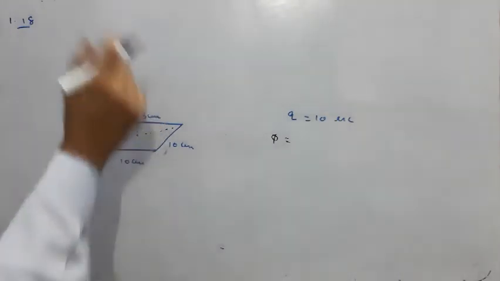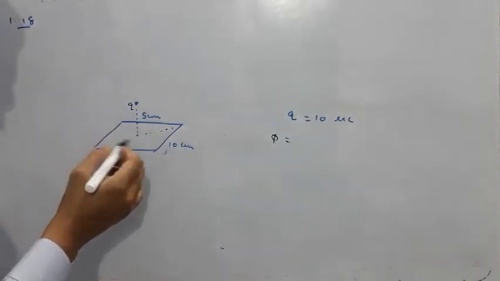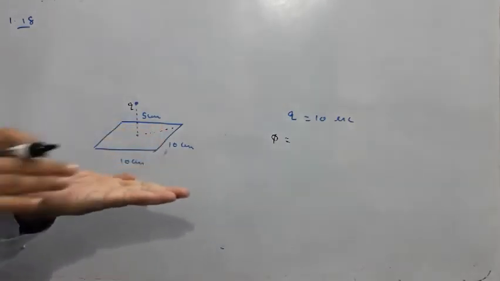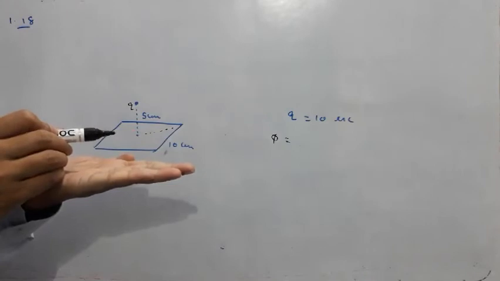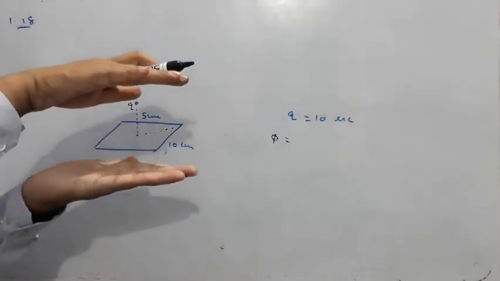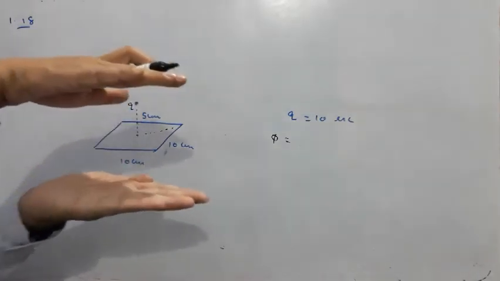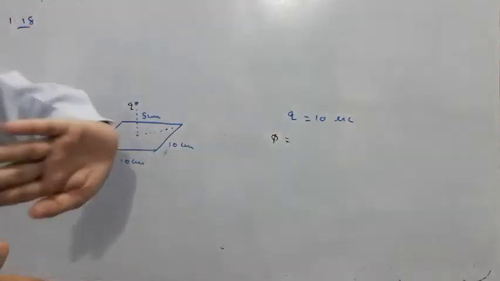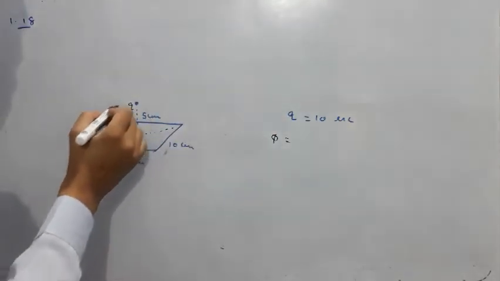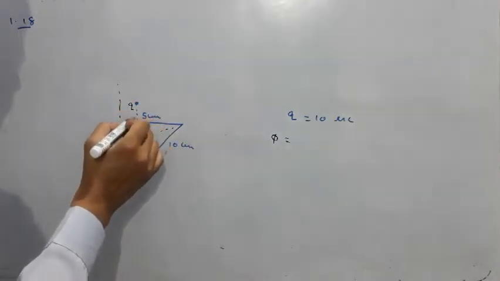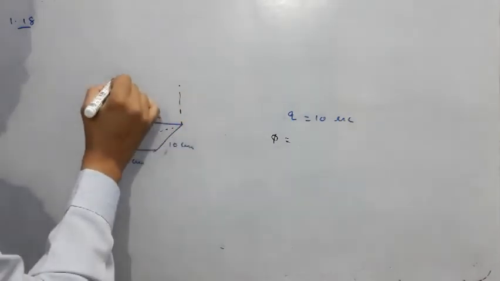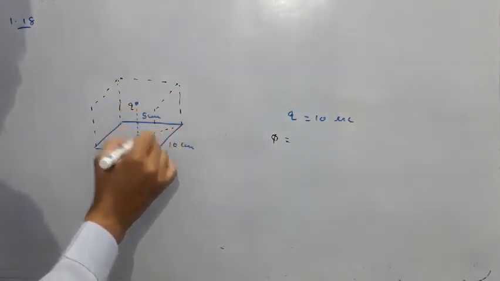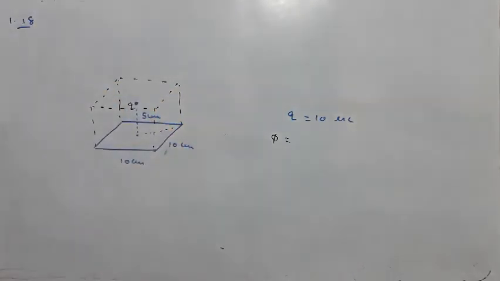So we will take help of Gauss law. What we will do, we will construct a cube with this square as the base. So this is the base of the square. This point is at 5 centimeter. From the base at 10 centimeter, we will put another square. So we have two squares like this. Then one face this side, one face opposite side, one face this side, and one face this side. So you will get a cube. So let us try to construct a cube. So is it clear, students?